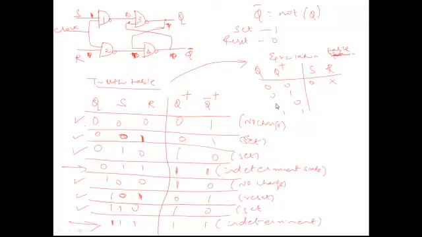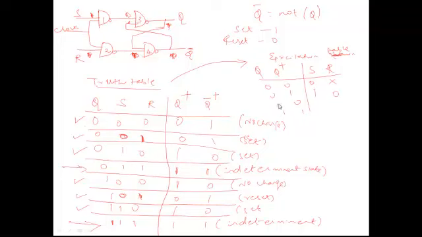Okay, now the next one, the 0, 1 combination. Q takes the value 0 and Q plus takes the value 1 in the third row only. In all the other rows, it does not have that combination. Forget about the indeterminate combination; indeterminate we are not going to use at all. Just see this combination 0 and 1 at only one single place. In that, S's value is 1, R's value is 0. So you will write it as 1 and 0.